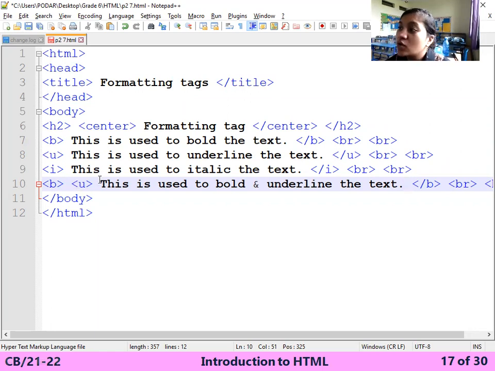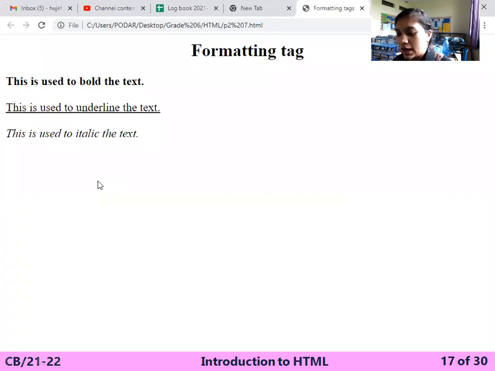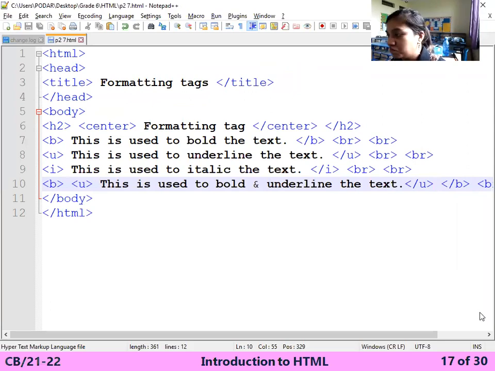Last open, first close. So firstly you open the B, so it will be closed last. And secondly you open the U tag, so it has to be closed first. And save it. Back and press F5. So you can see bold and underline together. Same, you can take the underline and the